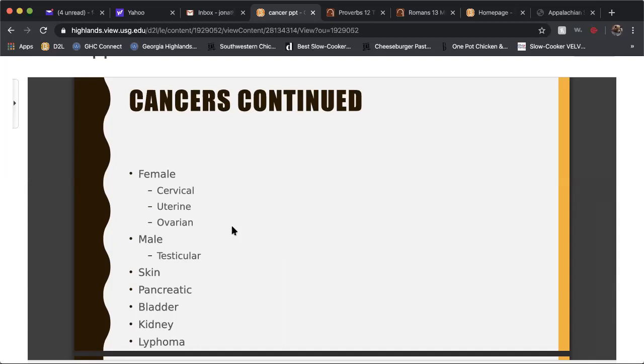So these are linked to the reproductive systems of females. These particular cancers males don't have to worry about because they don't have them. And they can be very serious. They can be life-threatening. But if caught early, which your OBGYN or gynecologist should be testing for on a pretty regular basis, they can be treated